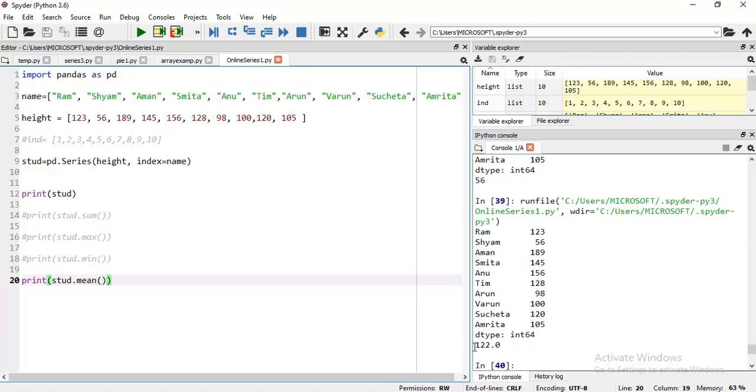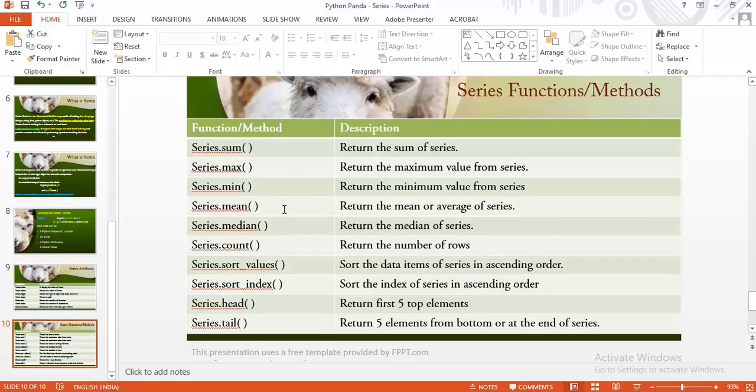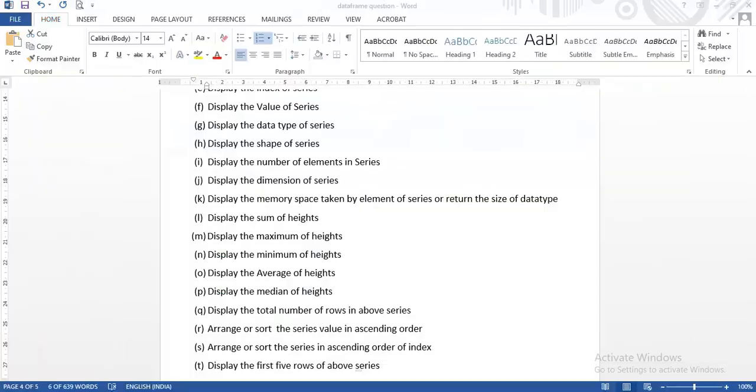Execute. This is 122. This is the mean or average height. Similarly, we can use the various functions. Here I am just giving you a hint how you can use these functions. Like median returns the median of series.